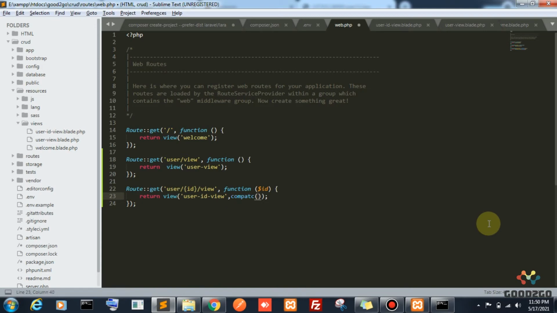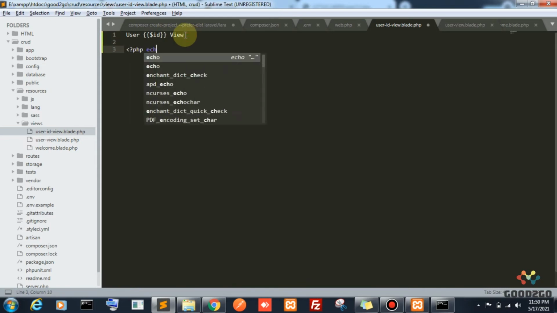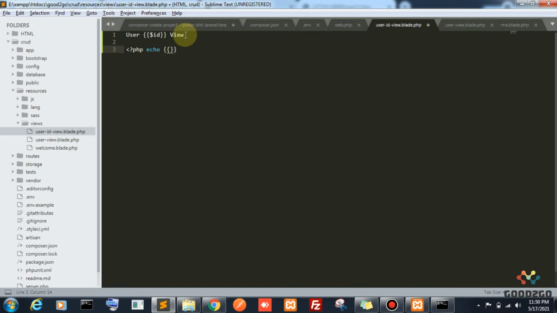You can use the variable inside this compact, so that we can access this id inside the blade file. Okay, so this is the blade file. How to show the variable value? This dollar id will be a variable. This is the echo method. In core PHP we will use it like this.